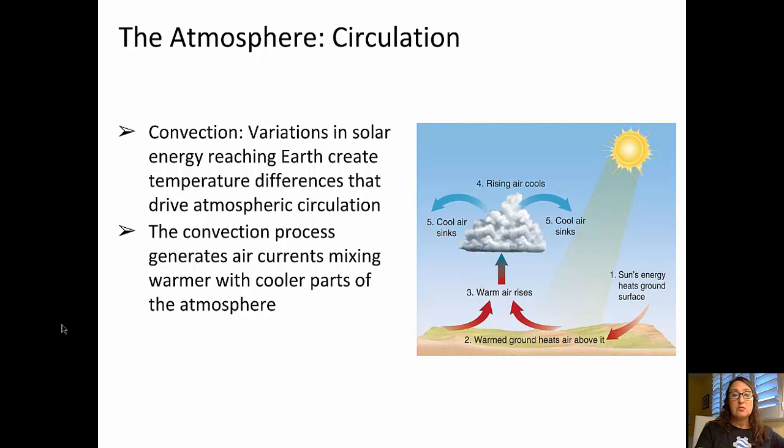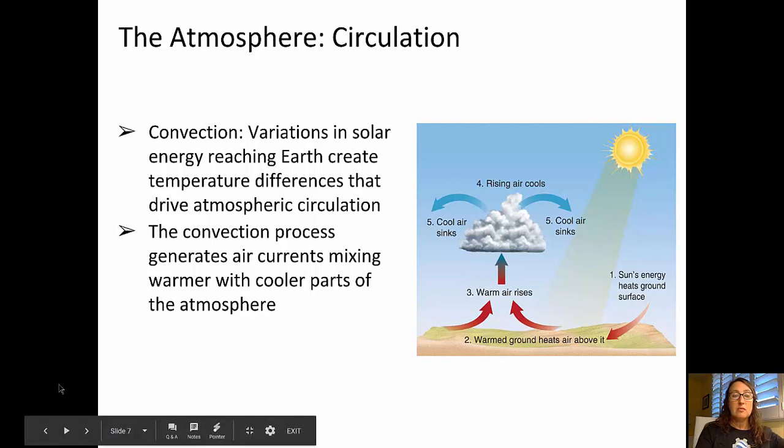And it's this convection process that generates air currents and causes the mixing of warmer and cooler parts of the atmosphere. So you'll notice in the diagram here, those red arrows indicating warm air rising, so a low pressure situation as that warm air rises. It rises up, cools off, and begins to sink, so a higher pressure leg as that air begins to sink